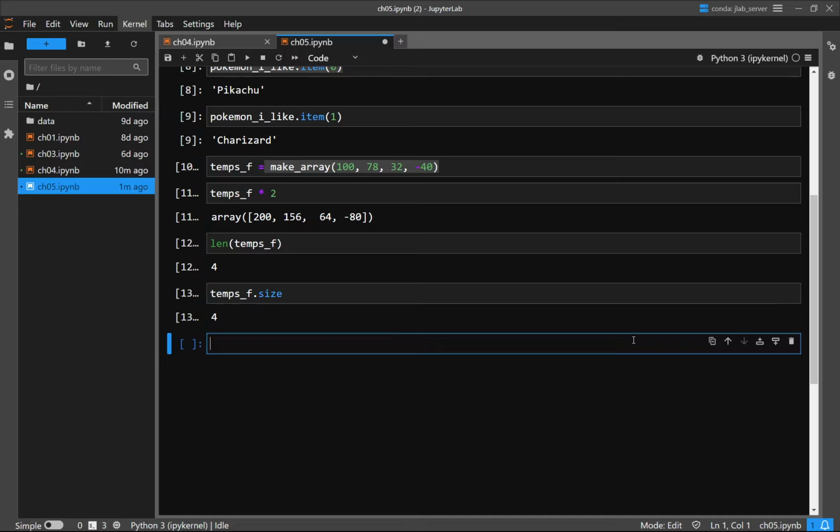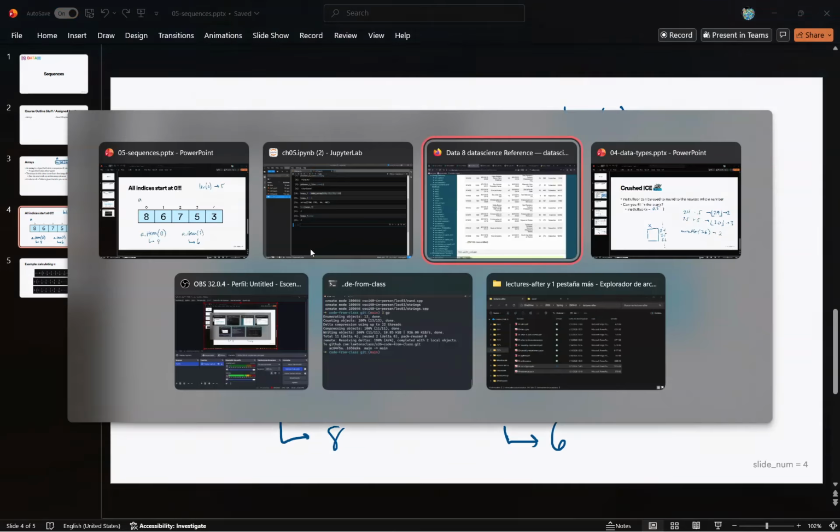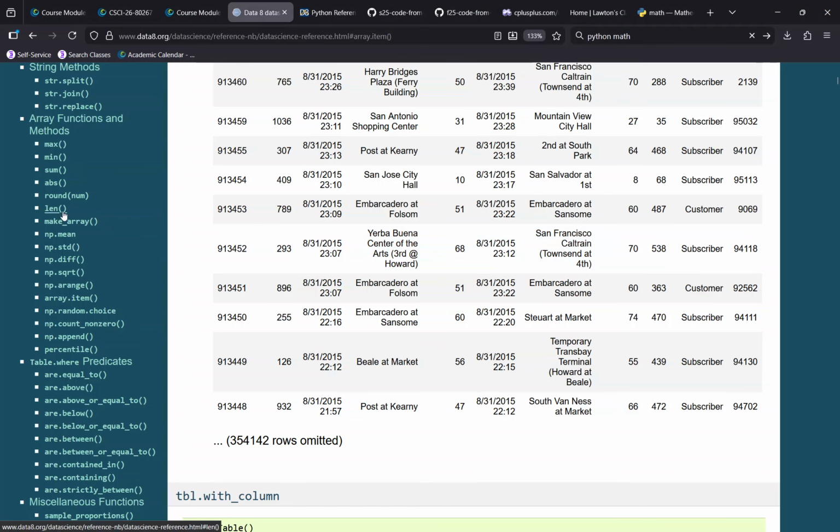So len works, .size works. And then there's other operations on arrays. You can ask it to do things for you. You can be like,